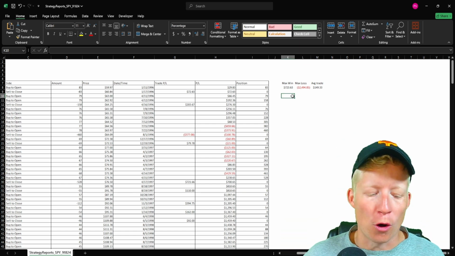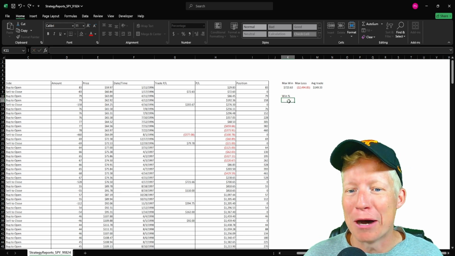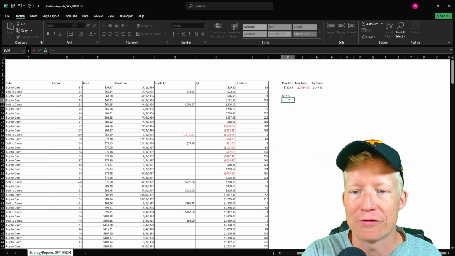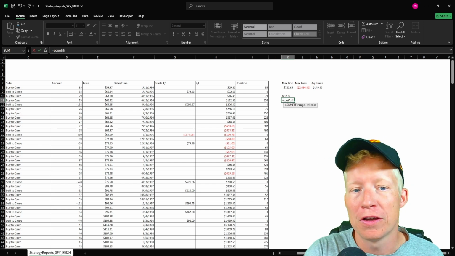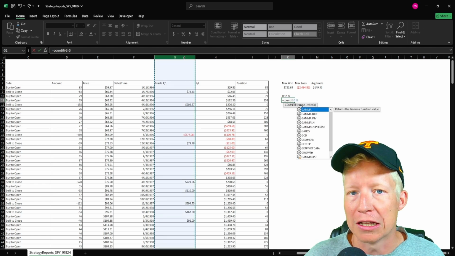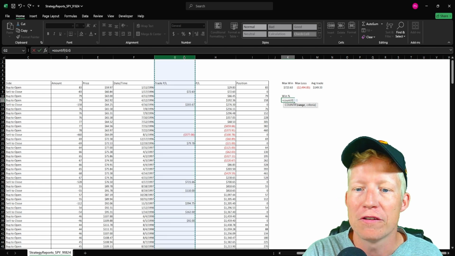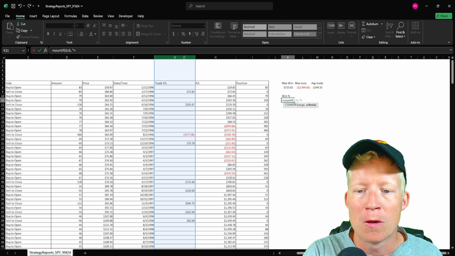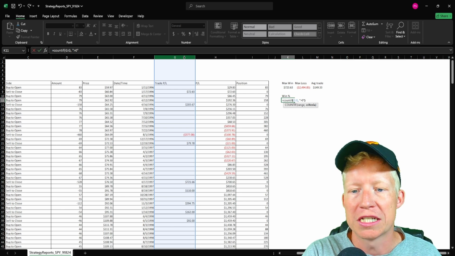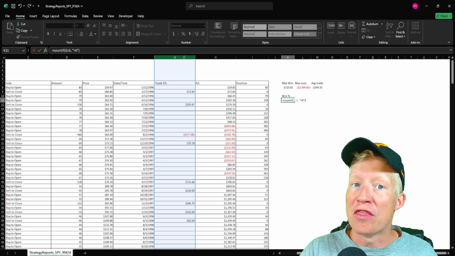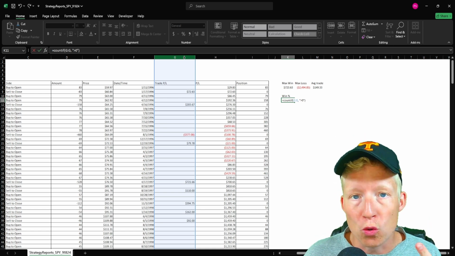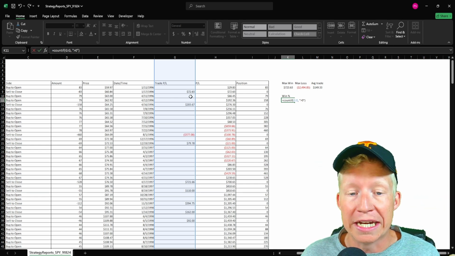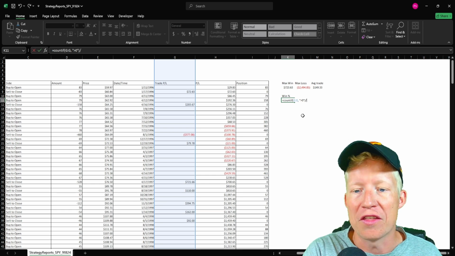Next, let's calculate our win percentage. This is a little bit more of a fun Excel calculation. First, we're going to do, of course, equals, as this is a formula. We're going to do the COUNTIF function, and we're going to take the G column as the first parameter of the COUNTIF function, and the second parameter being open quotations of greater than 0, close quotations, and that is our COUNTIF. This is going to add 1 to the count if the value is positive. So if there's a winning trade, it's going to add 1 to the count,